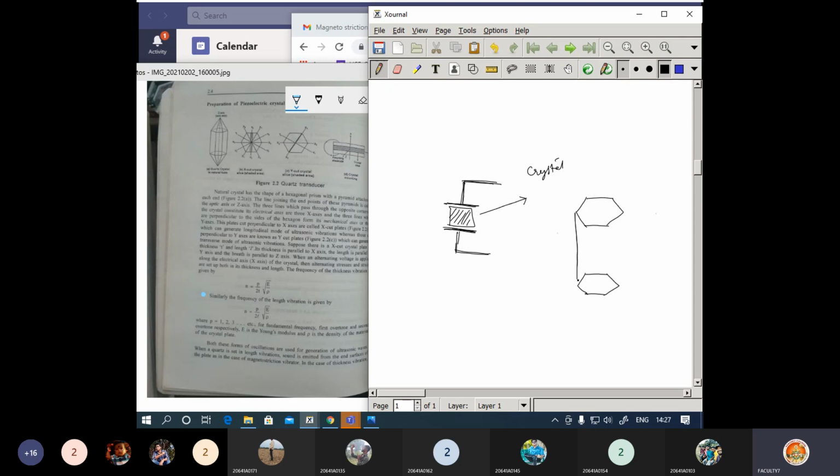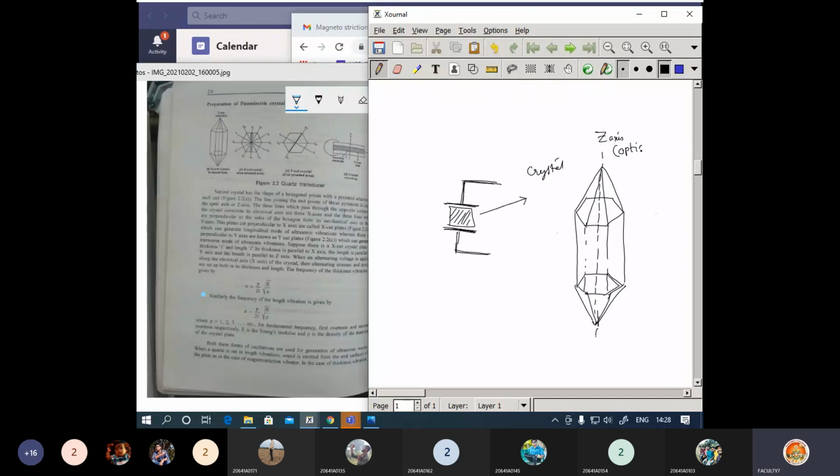If you are going to draw the crystal, it will be somewhat like this, and here it is joined, and again the crystal will be like this. So this is the actual crystal, and the dotted line, if you can identify it, we are going to consider as the z-axis. Now this z-axis, we consider as an optic axis.